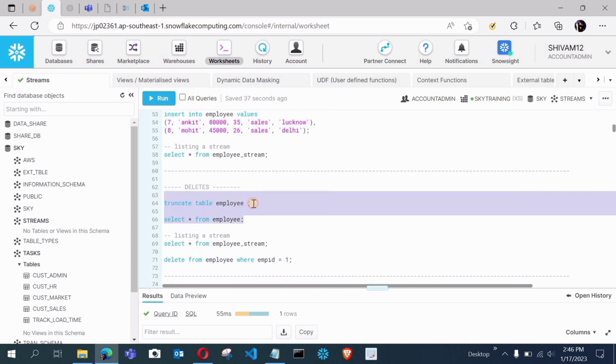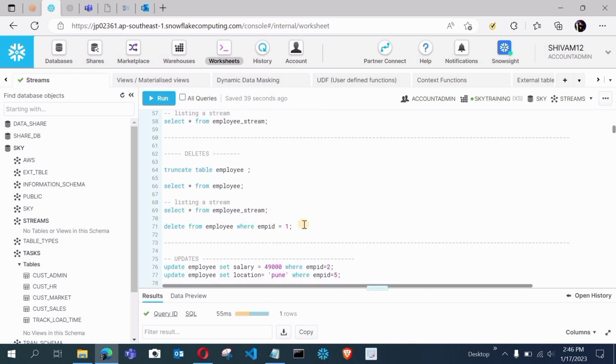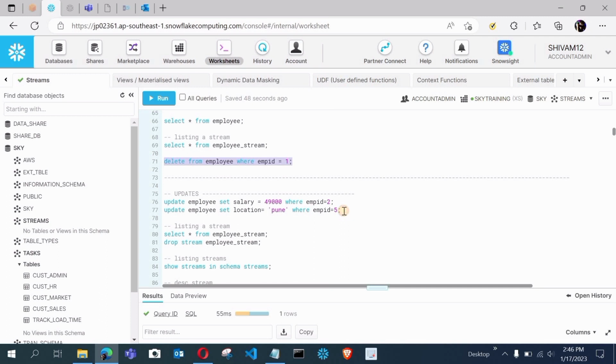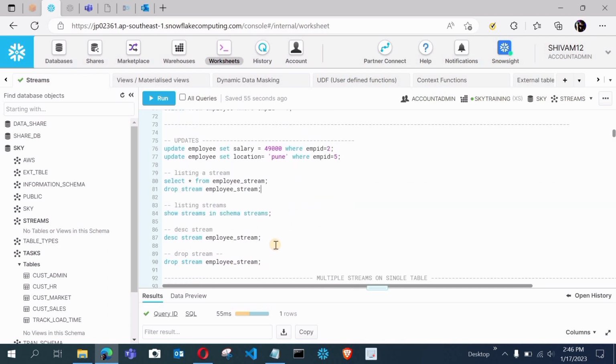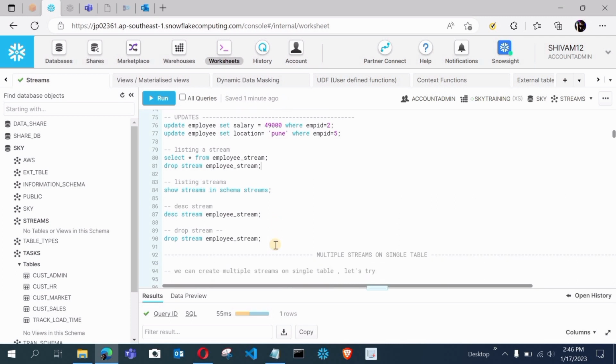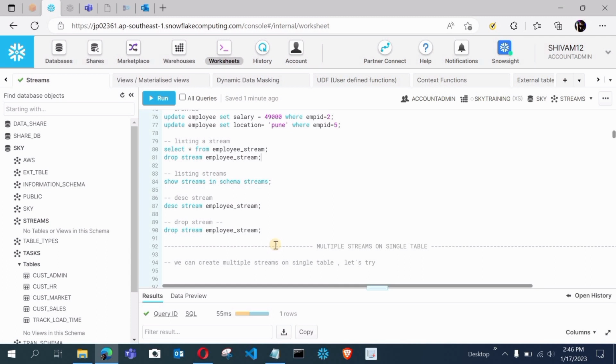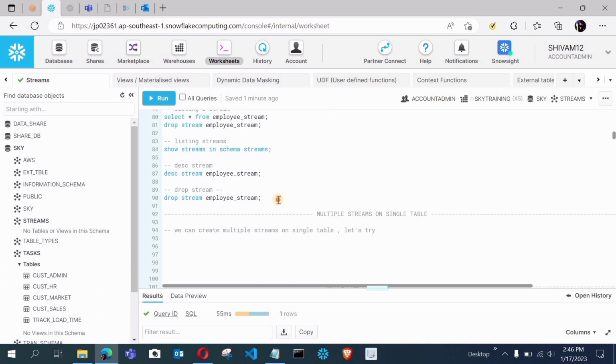We truncated this table and saw it is also recorded in the stream, and we deleted the employee ID 1 record for Agrim, so the stream is capturing this. For the updation also we saw it is capturing this. So we have seen insert, update and delete, and our stream is capturing everything. Now we are good to go to capture all the data from the streams to the target tables. We will discuss that later on.